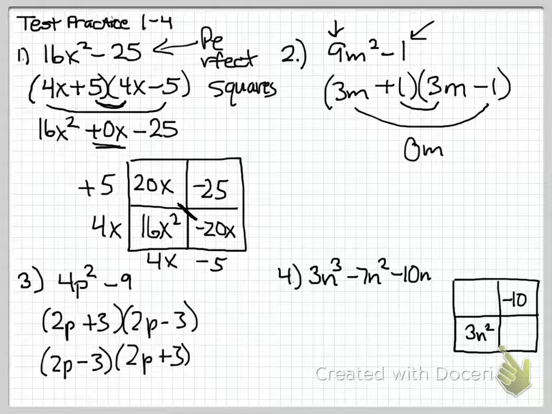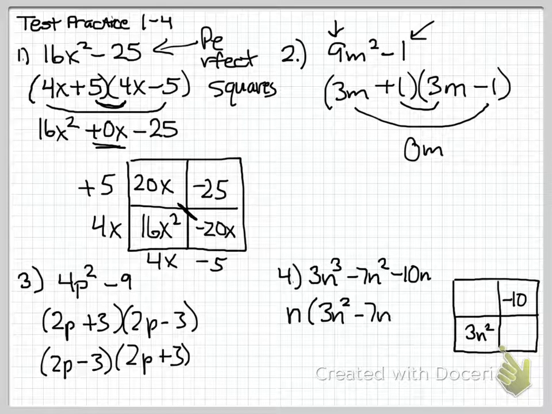Bam, just like that. Number 4 is one of the ones that are special because if you look at this, before we want to factor into binomials, you notice that each of them have n, so let's factor out or divide out an n. The numbers are 3, negative 7, negative 10, so the numbers won't break down any further. But taking out the n helps us to break this into something smaller. And then using the area model,